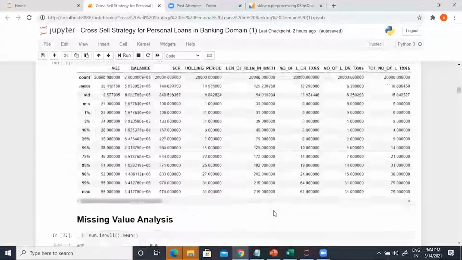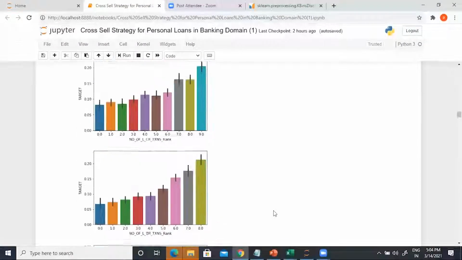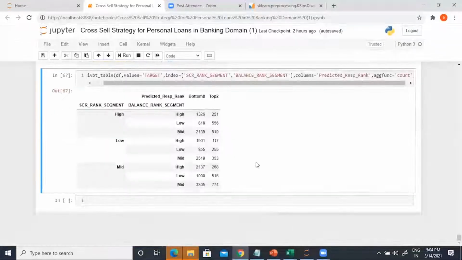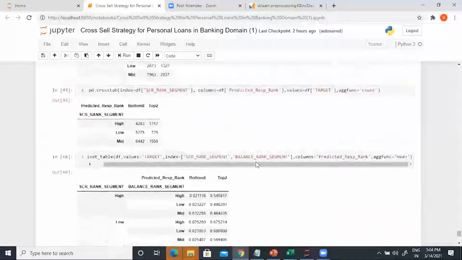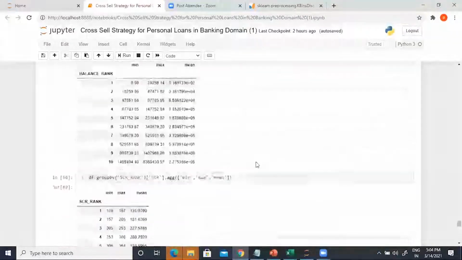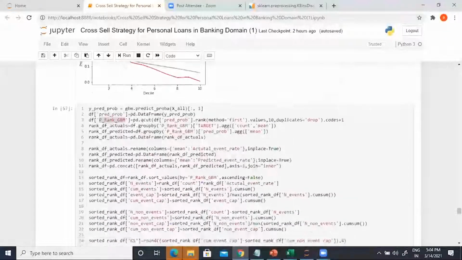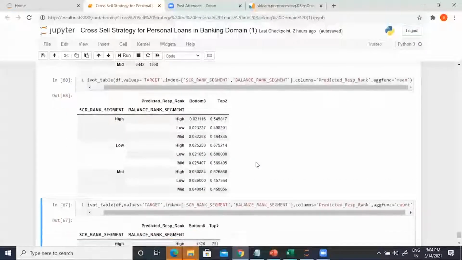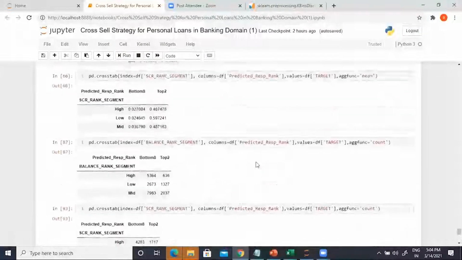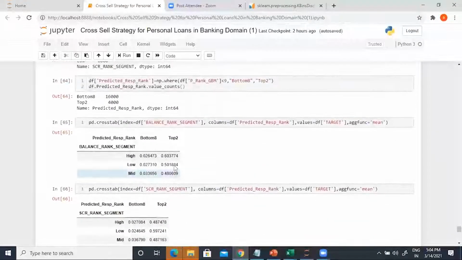You have the graphs on one hand, you have exact outcomes, you've got the pivot tables. So for example, you can show the graph on the balance, and then you can come back and show this particular cross tabulation, right? Where you can show that, look, on an overall basis, within the high balance segment, I would not be able to identify people if I don't use this model.